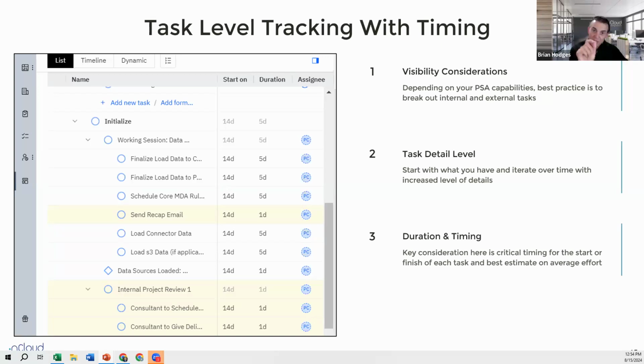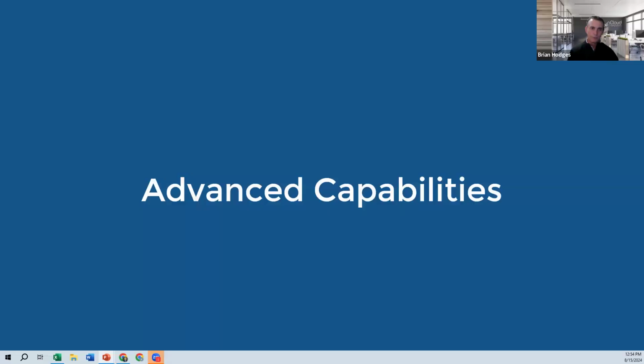So it's really important just to start with some averages, and then as time goes on, you'll increase the granularity. Now, I know I'm getting short on time. I'm moving a little bit quickly here. I've covered a fair amount of content, but I do want to talk about some advanced capabilities around this. So when you think about how I'm going to create greater profitability, leveraging utilization,